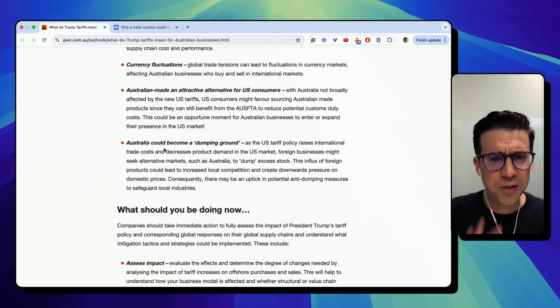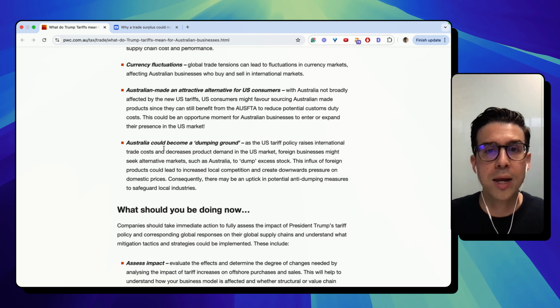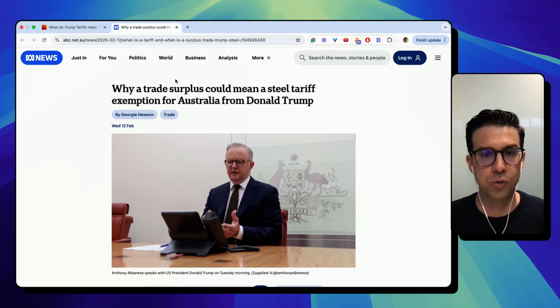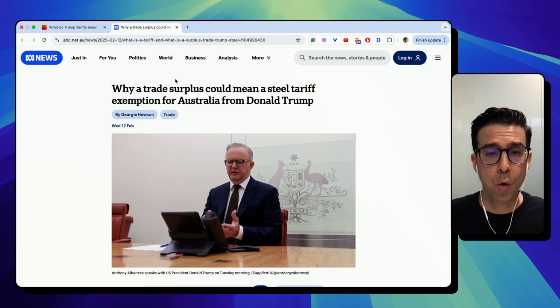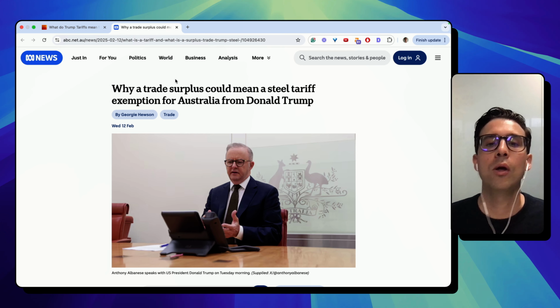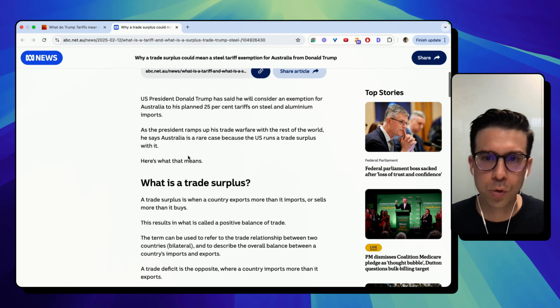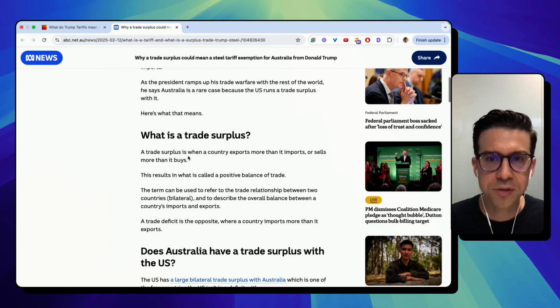So that's really, I think, a little bit of the big picture, right? What are some other things that we should be considering here? Well, first of all, what is Australia trying to do about it? And will these tariffs come into play or not for Australia? If we take a little bit of a look, ultimately what the US is trying